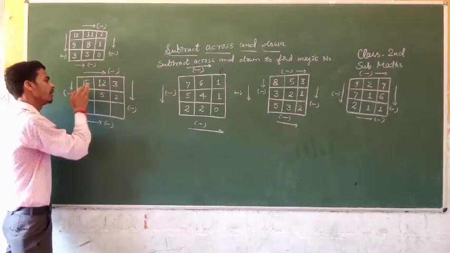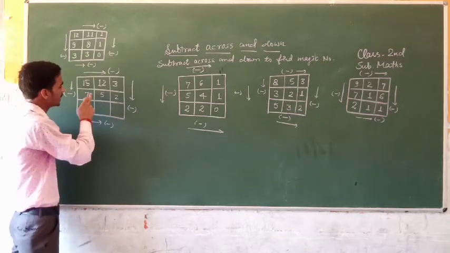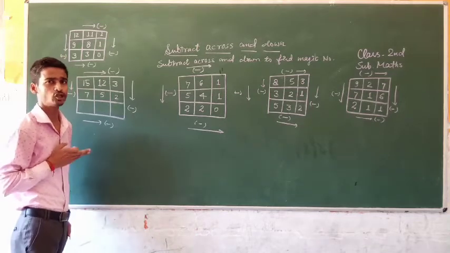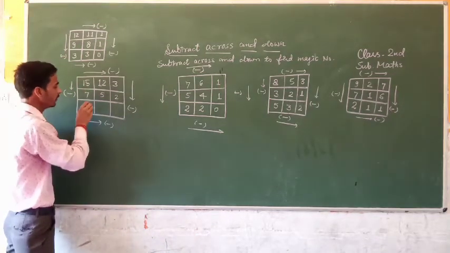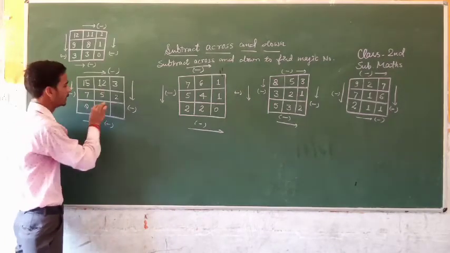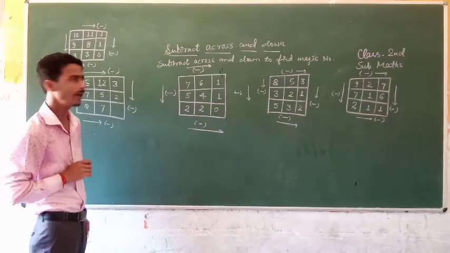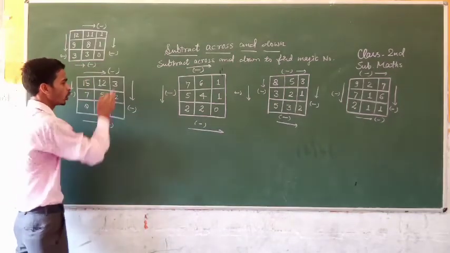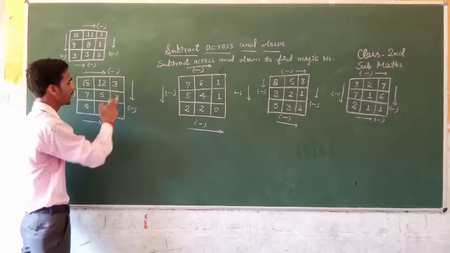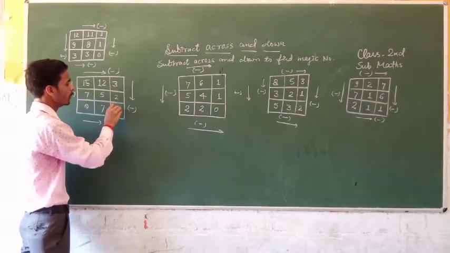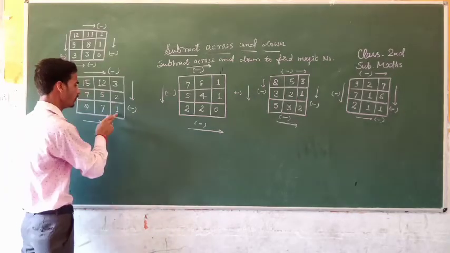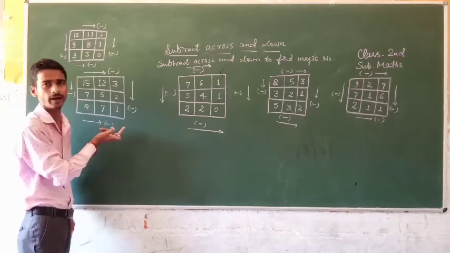When we subtract down, here we will subtract 7 from 15. Because 7 is smaller than 15 and we can't subtract 15 from 7. It's okay. So 7 from 15, there will be 8. And when we subtract 5 from 12, there will be 7. It's okay. Now we will subtract across and down. In both conditions there will be the same number. When we subtract, 2 minus 3... there will be 1 and 7 minus 8 there will be 1. So in both conditions there will be 1 when you subtract down and when you subtract across.